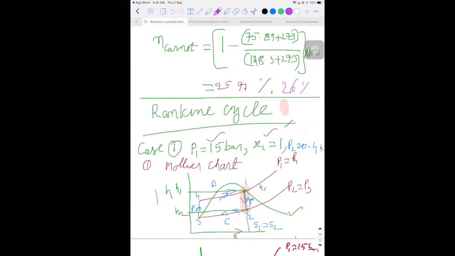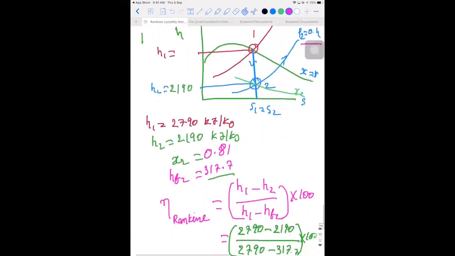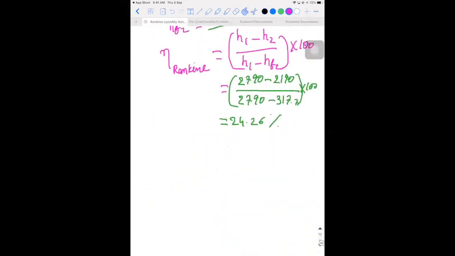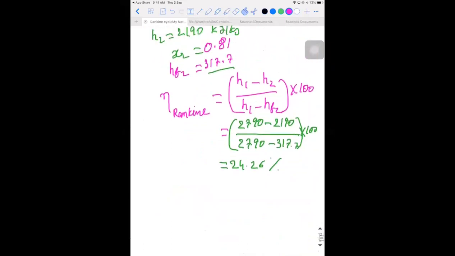Now let us follow the second method. Case 2. We follow the second method. That is case 2, the steam tables method. Steam tables method. For this, once again,